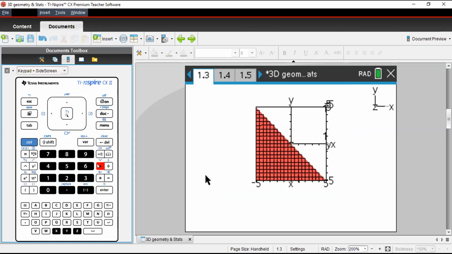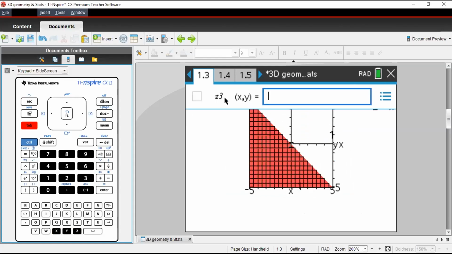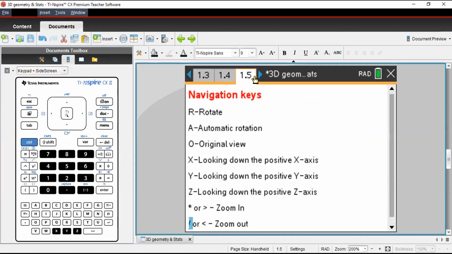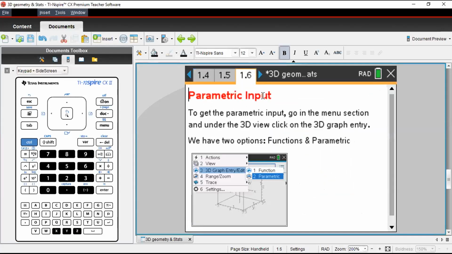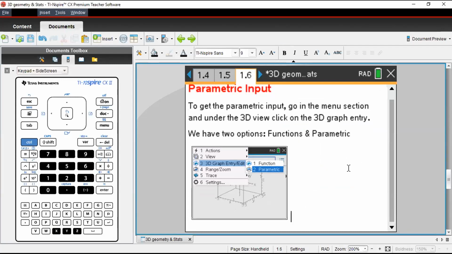So this was about the Cartesian based input, in which we define Z in terms of X and Y. Now moving forward, we also have the parametric input. To get the parametric input, we need to go to the menu section, number 3, 3D graph entry.